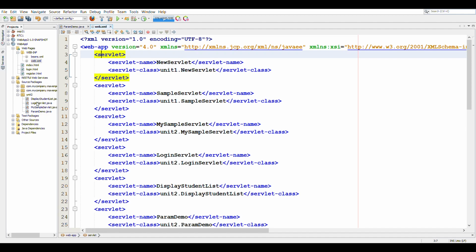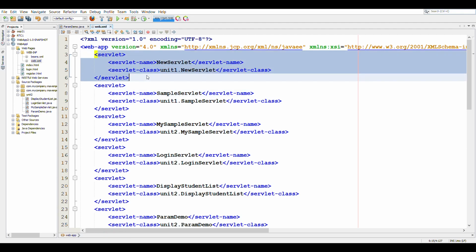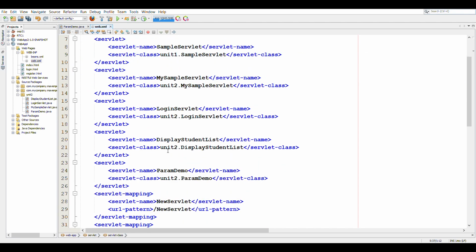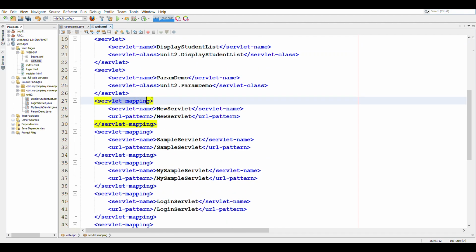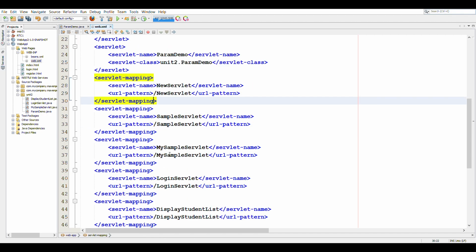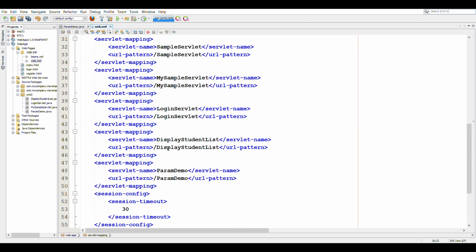Since we have four servlets here and we had added this information to the deployment descriptor, for each of the servlets that we had created, there will be a servlet tag created for it, which contains the mapping of the servlet name and the servlet class. And we also have a servlet mapping wherein the servlet name is mapped to the URL pattern. So this will also be present for every servlet that we have.